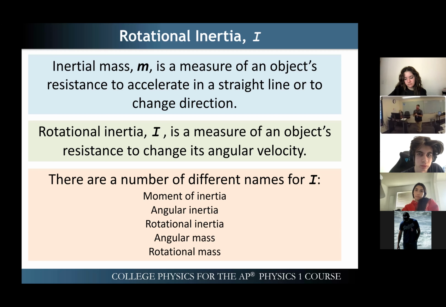And then the final thought here in the tan part at the bottom, one of the downsides of rotational inertia is it has a lot of synonyms. And this is where a lot of students do get confused. Because in some books, you'll hear it called the moment of inertia, others angular inertia. I usually call it rotational inertia. But then sometimes, rarely, you'll even see angular mass and rotational mass. And those are a little more rare, but because it can be called so many things, a lot of times